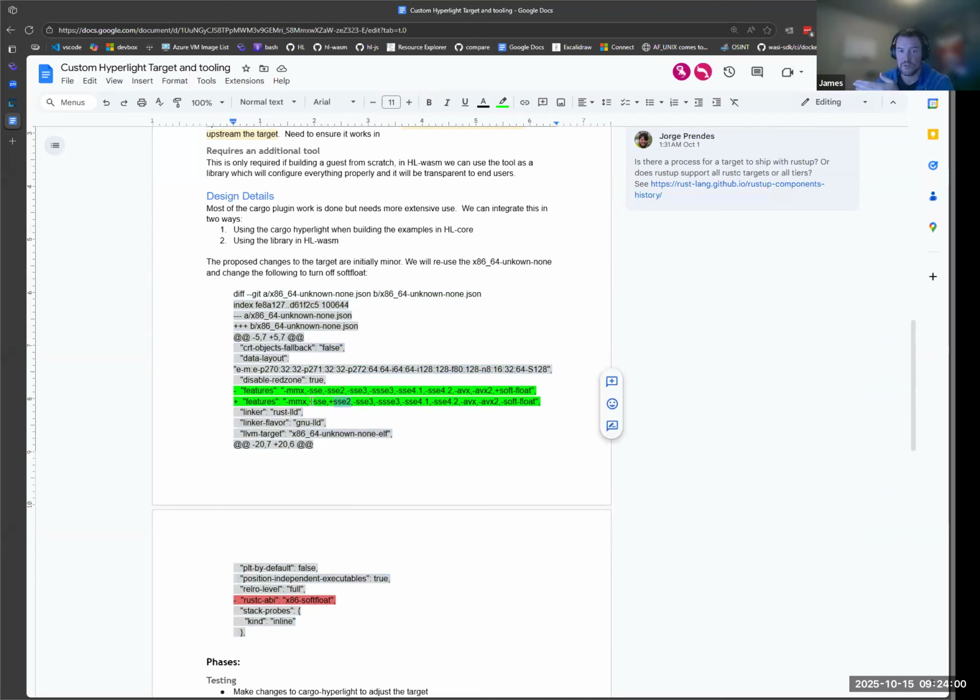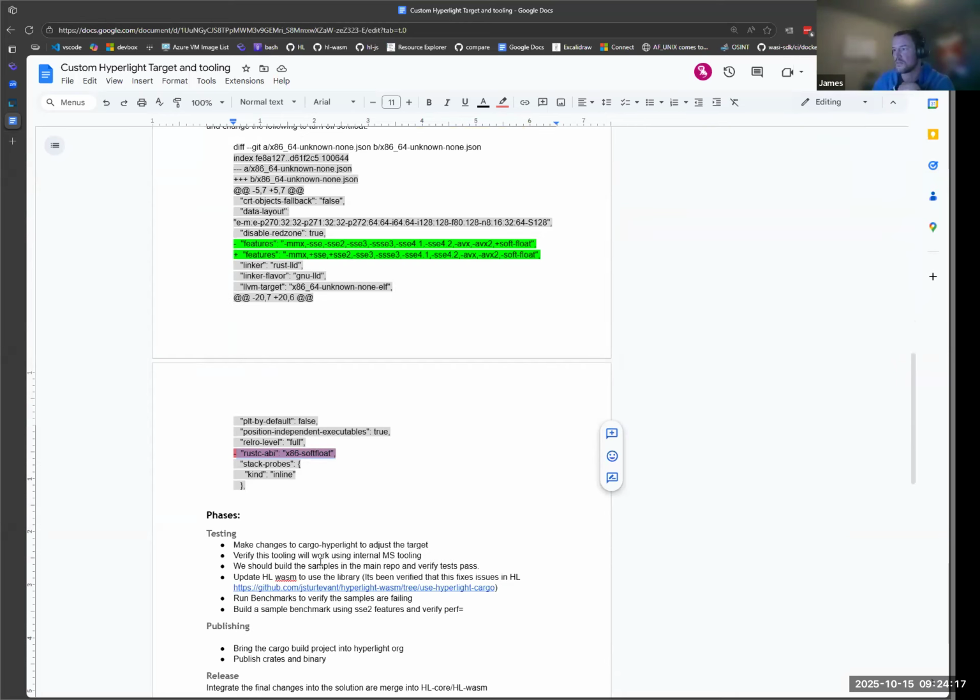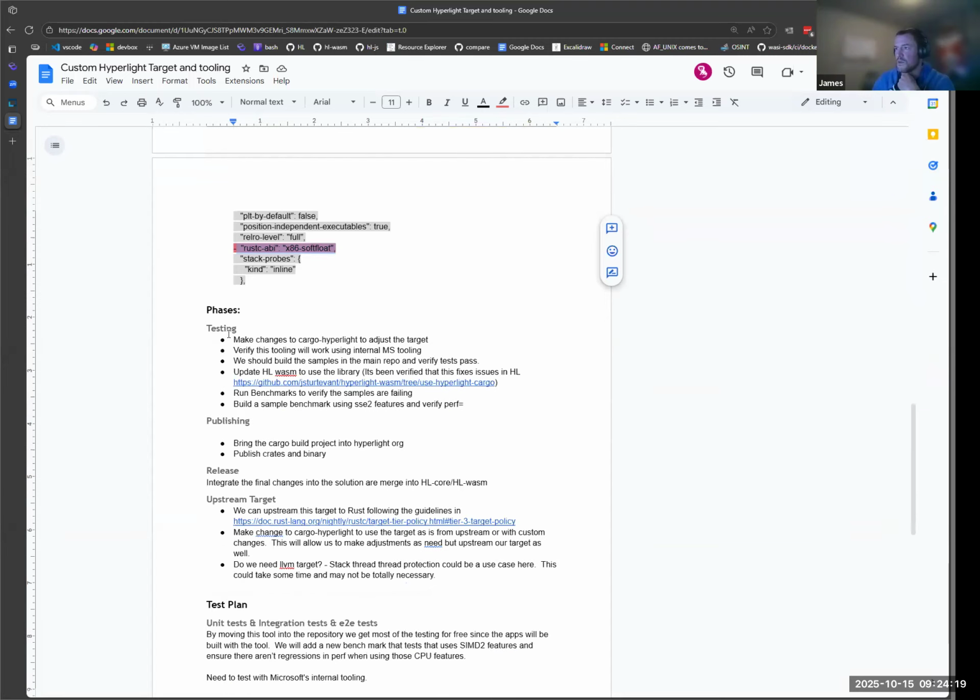We already have these enabled in Hyperlight guests, and then turning off the Rust ABI soft float. So that would be the initial start to our custom target. And then there's a few other things that I mentioned above that we potentially would want to enable in our guest. And then I proposed doing this in a couple different phases, where we initially verified that this works by